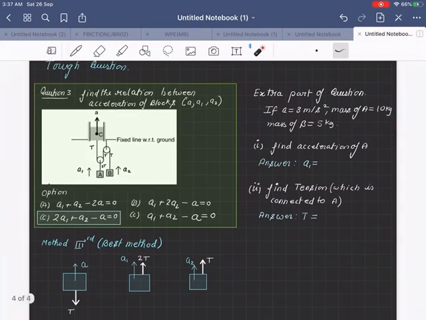Okay, so there you have it. Entire constrained motion has been done. Do a lot of practice and